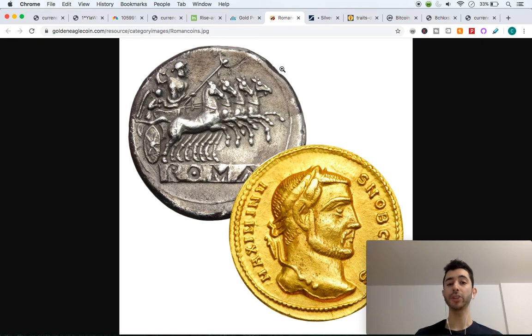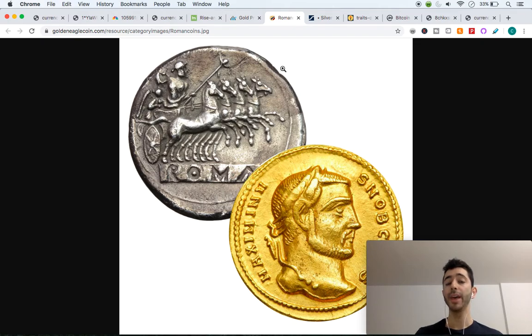And if you see the picture in front of me, you'll also see a silver coin. And you might be wondering, if gold is a form of money, what about other precious metals such as silver, copper, who knows, maybe even things such as diamonds? Well, the reason why these are no longer considered such great forms of money that hold as a store of